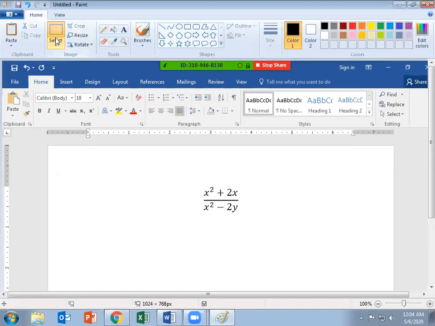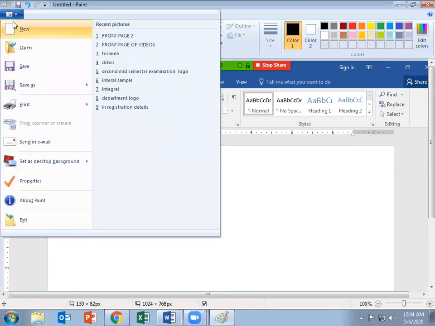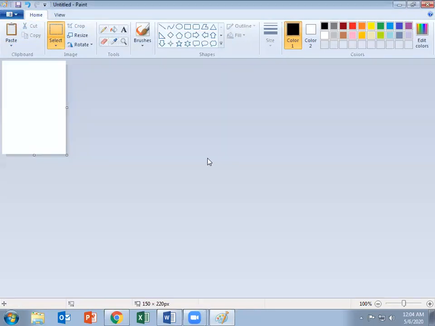Now you can select the formula image, press Ctrl X. You don't have to save. Press Ctrl V. Now the formula is copied as an image.